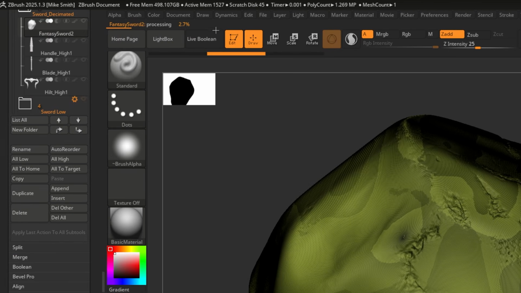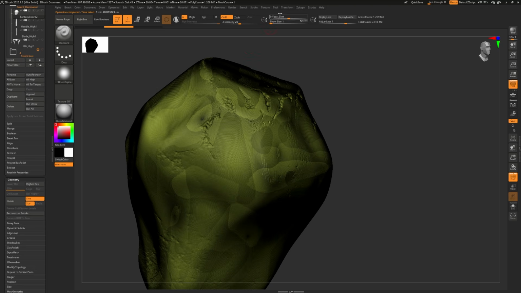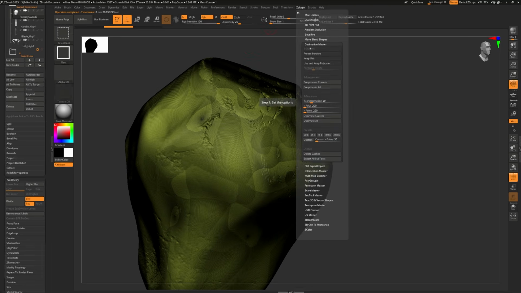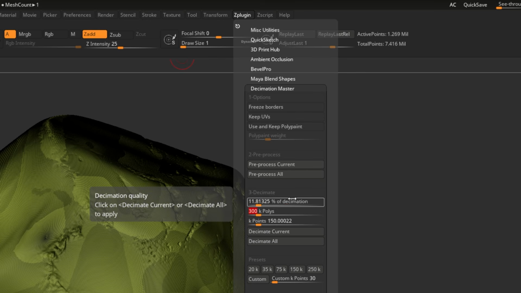Now this is probably going to take a few minutes. You can see the progress bar up here on the left. It's actually going pretty quick, not too bad. And once it's done, go back to Z plugin, down to Decimation Master. And now we can choose either the percentage of polygons we want to keep or the maximum polygons we want to have. So for example, if I want to have 300,000 polygons, you can see that's going to be 11%